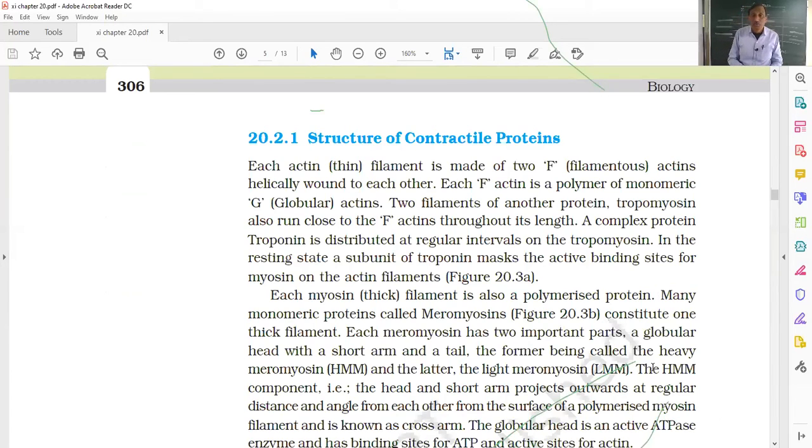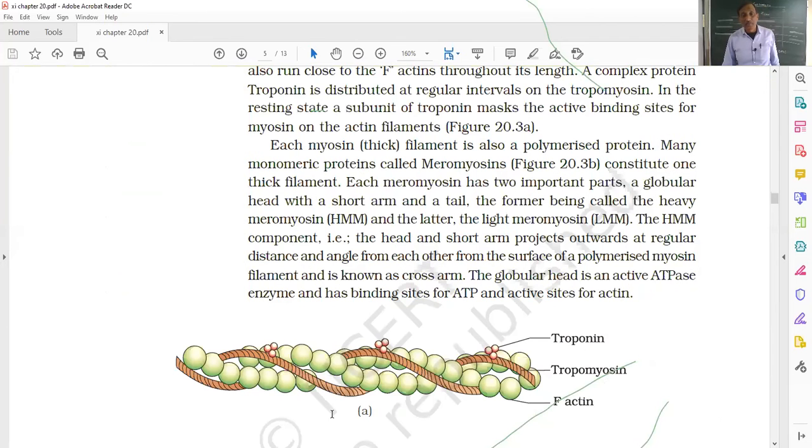Now another protein that is called tropomyosin. Tropomyosins are shown here in the brown color. You can see they are also helically arranged over the F actin. So there is a fixed interval, that is, the coiling is uniform in both types of fiber, two of each, that is two F actin fibers and two tropomyosin. They are all arranged in such a way that they complete one complete helix at equal distance.